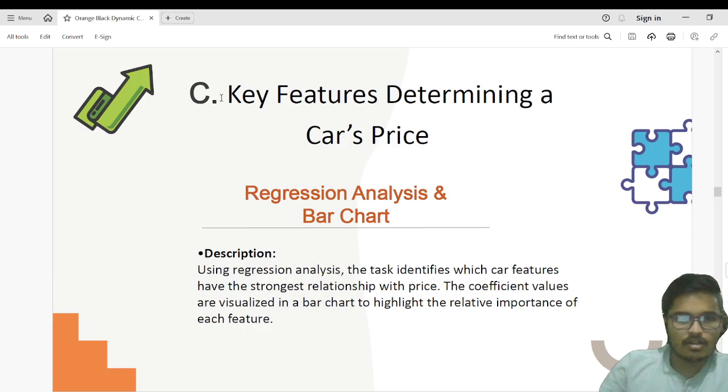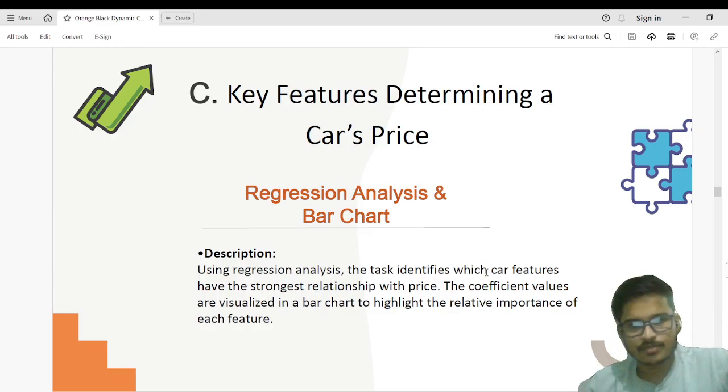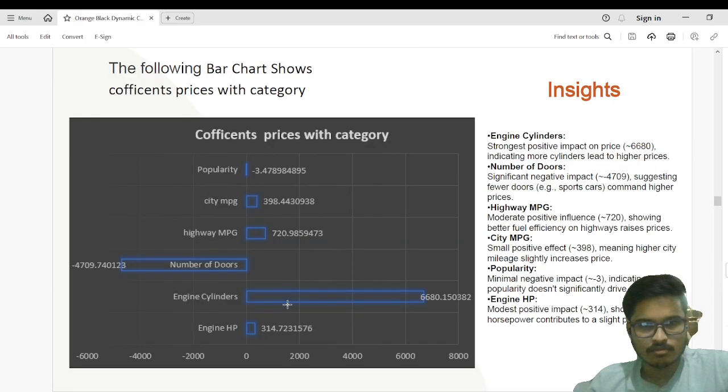The third analysis is key features determining car prices. We have been using a regression analysis and bar chart. The regression analysis identifies which car features have the strongest relationship with price. The coefficients are visualized in a bar chart to highlight the relative importance of each feature. The following bar chart is showing the coefficient of price with category,